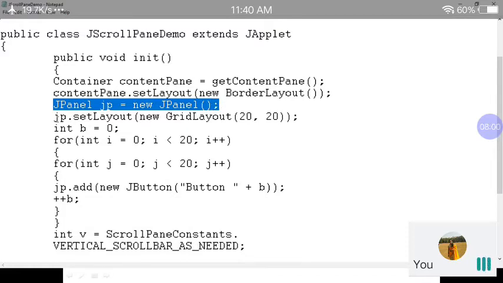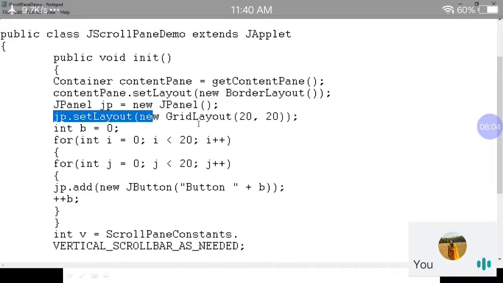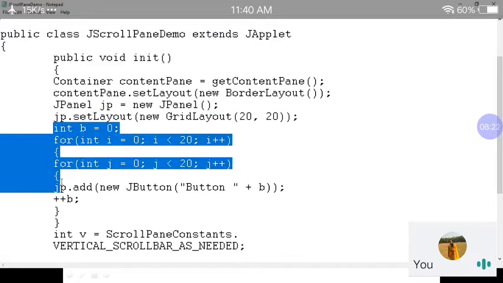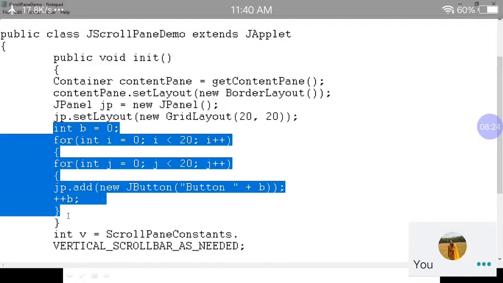On this panel I am going to set GridLayout. Note the change: on the container I have set BorderLayout, whereas on the JPanel I have set GridLayout. This GridLayout has 20 rows and 20 columns. For these 20 rows and 20 columns, I have used JButtons with numbers.